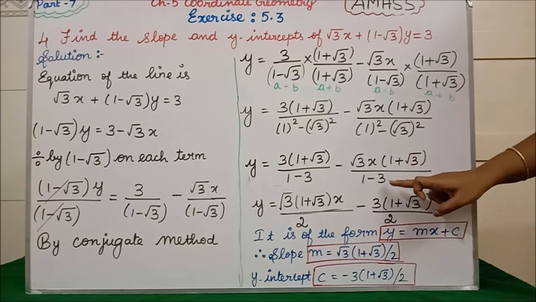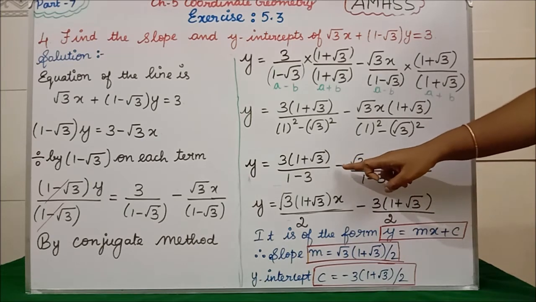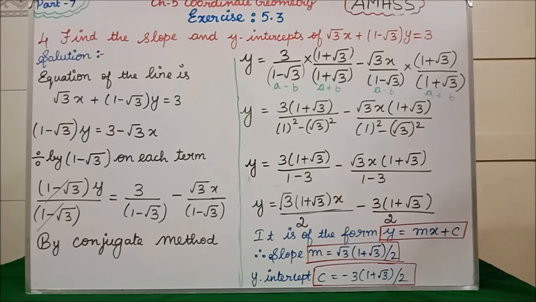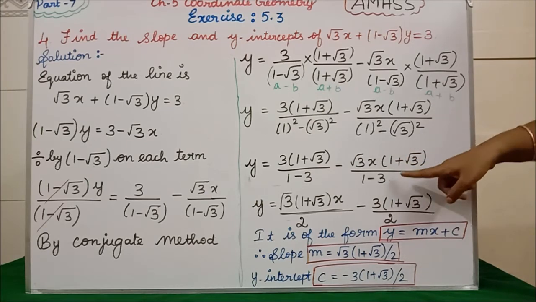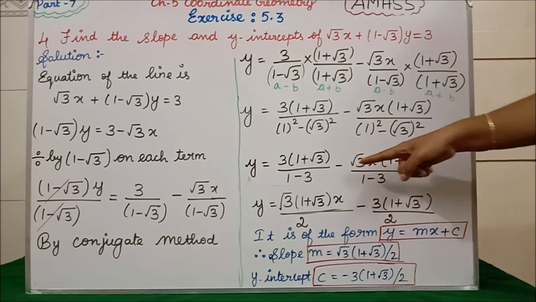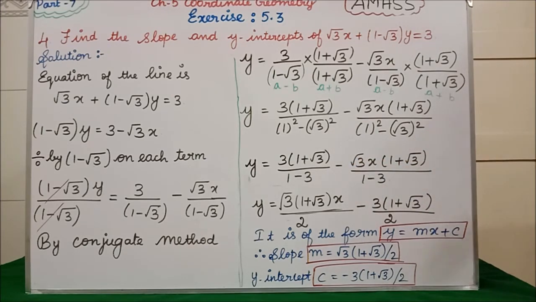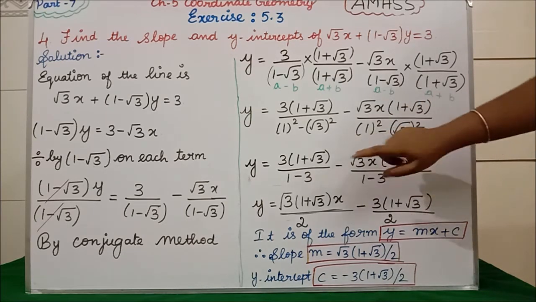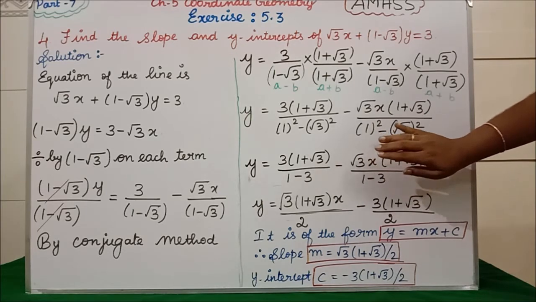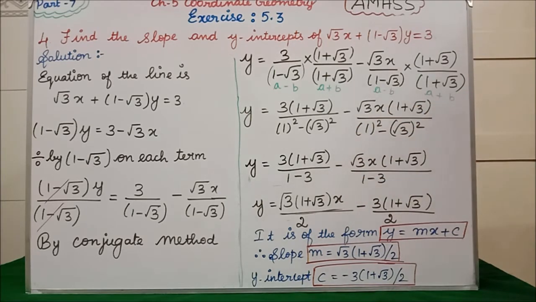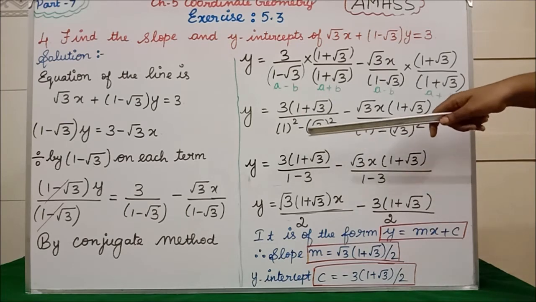See here, if you are getting minus 2, here already one minus. So minus minus it will become positive, isn't it? Here 1 minus 3 means you will get minus 2. So here minus 2 in the denominator, one minus in the middle. So both will become positive. So root 3x into 1 plus root 3 divided by 2. Here minus, in between minus. Why we are writing minus? Because first we are writing the x term, because this x term now had become positive. So we are writing this x term first, then only we are writing this constant term.